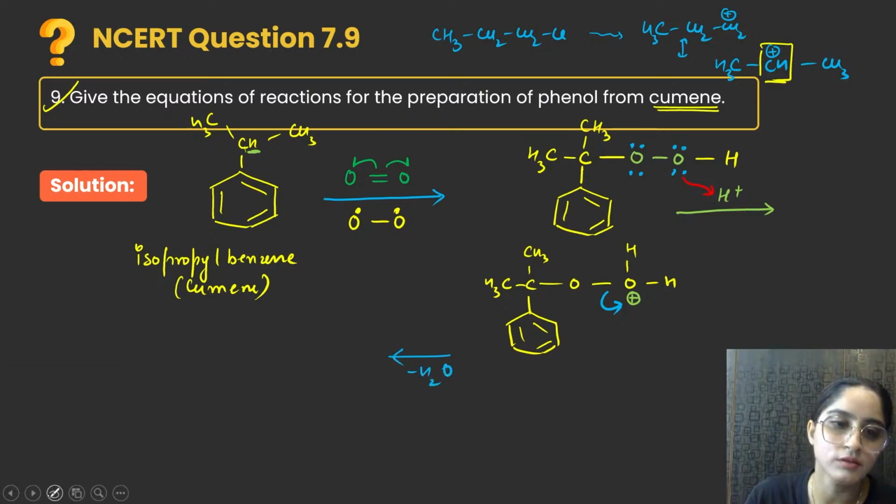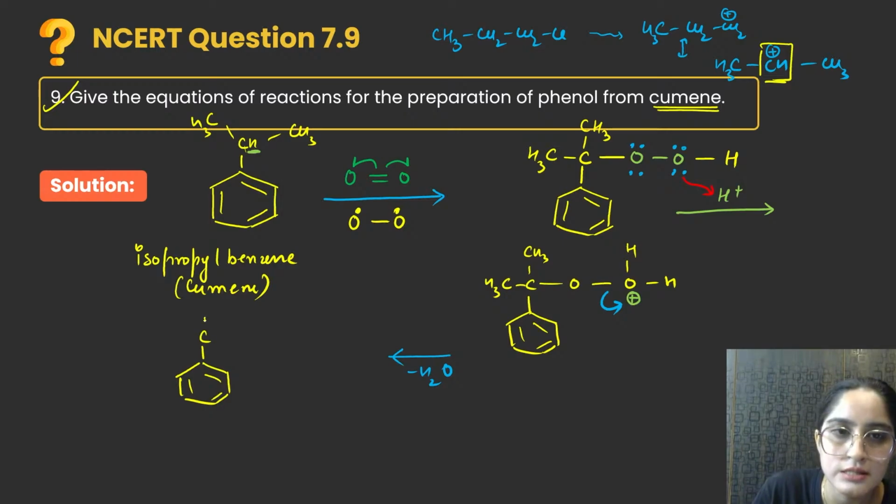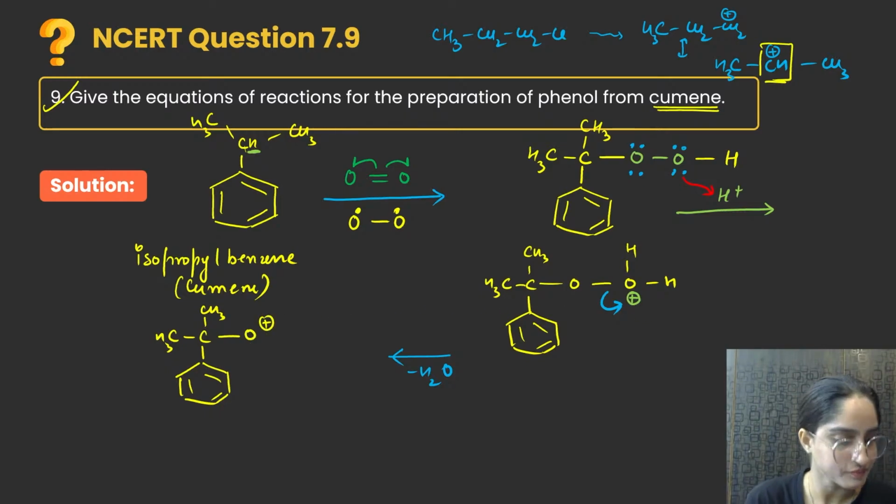You subtract water from here. What will you get? This is your structure, CH3, CH3. This is O because of the electrons you have taken over here. This will be positive, right? Okay, everyone. That will be positive till here. Because I don't want you to feel that this was directly made, because this was not directly made. Okay, there was a process regarding this.